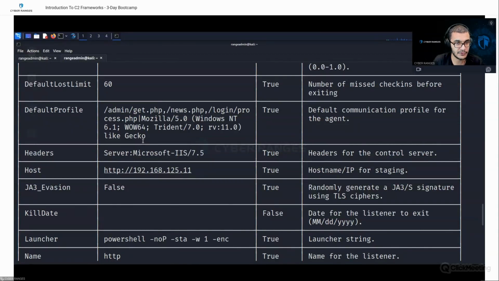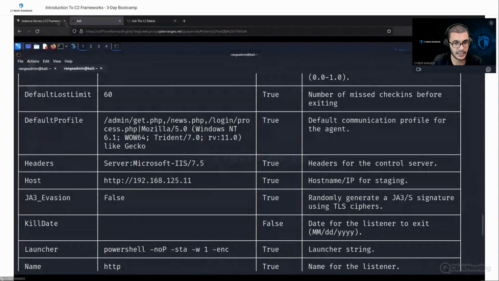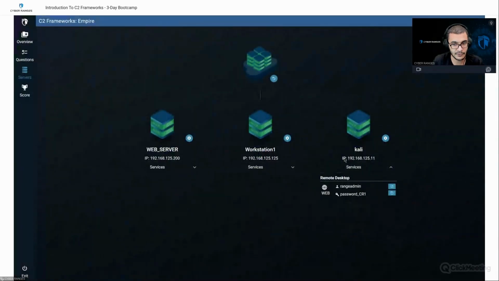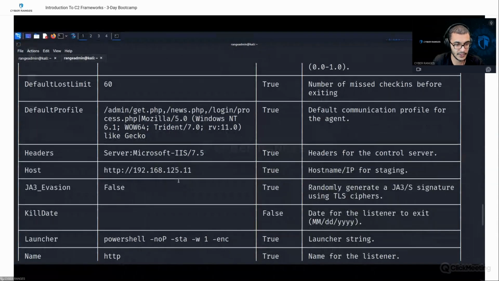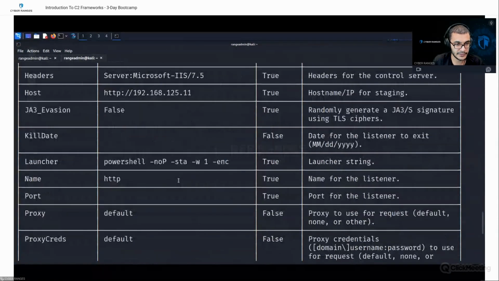The host is set correctly to the IP address of the Kali Linux system. So you can actually see the corresponding IPs. These are all static, so they'll be the same in your lab environment. And then you have the kill date and the launcher. In this case, because it's PowerShell by default, you can also do it with Python, but because it's PowerShell, you can see that